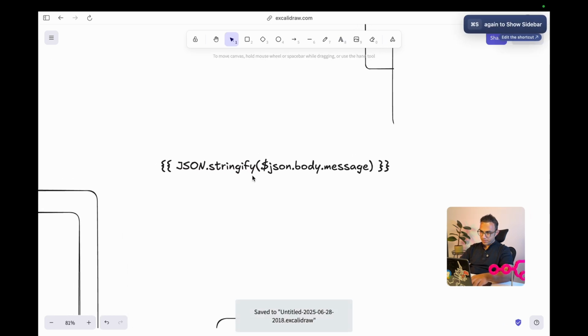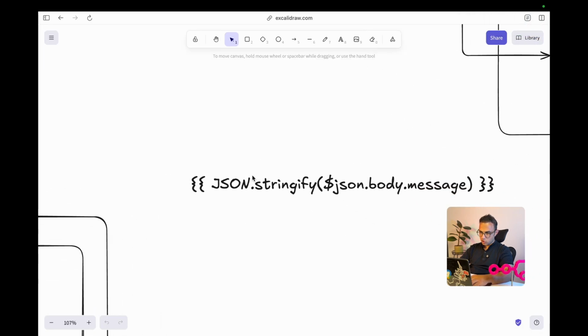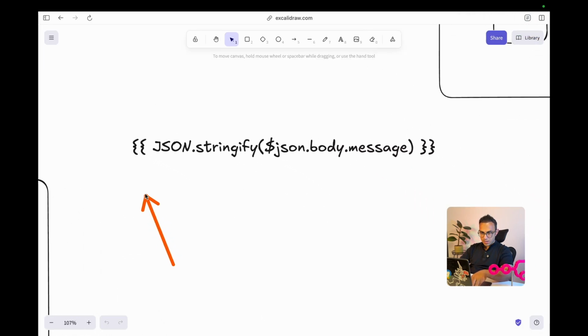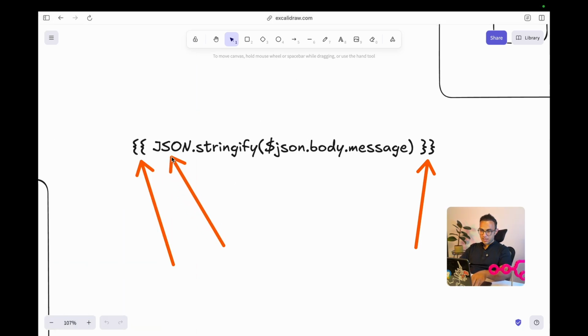It's basically a small piece of JavaScript, nothing else. These two curly braces are from n8n. It's basically a way to tell n8n that, hey, I'm going to write some code. This is an object called JSON in JavaScript. It's a native object. This is a function.